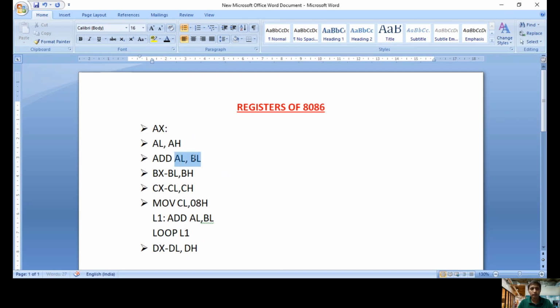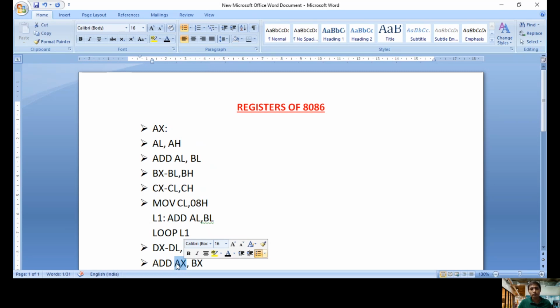This DX register is also used as another default register for 16-bit operations. Already in this example, we observed that whenever AL is added with BL, the result is stored in AL. If there is a carry, it is stored in AH automatically for 8-bit. For 16-bit, what happens? For example, if I write ADD AX, BX, the 16-bit BX data is added to the 16-bit AX data, and the result is stored in AX. But if you add two 16-bit numbers, the result can be more than 16 bits.